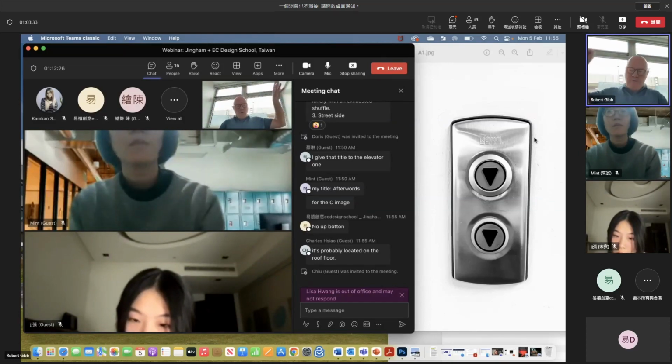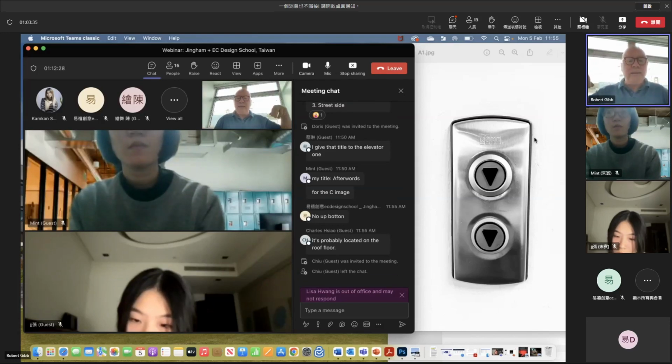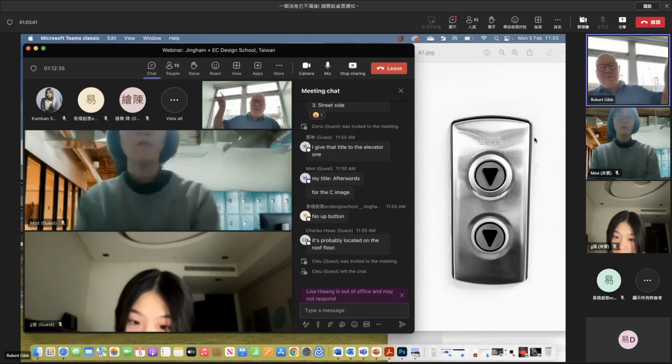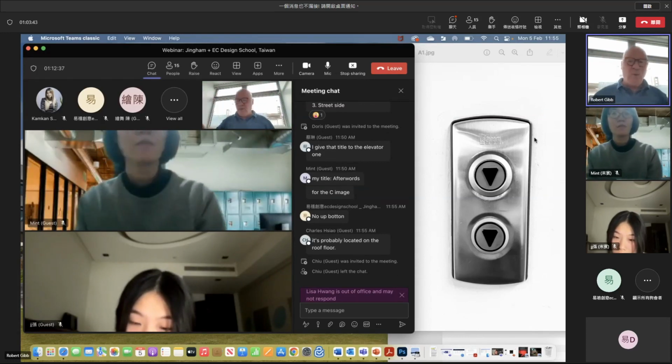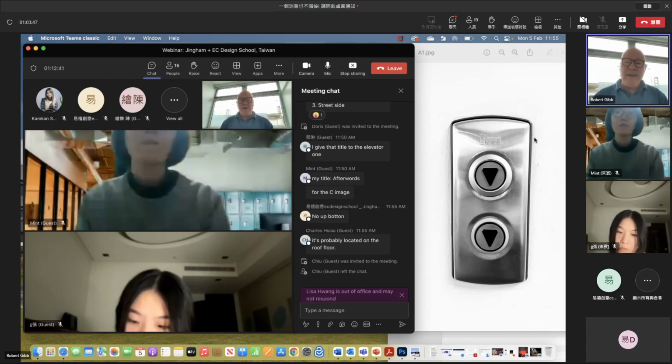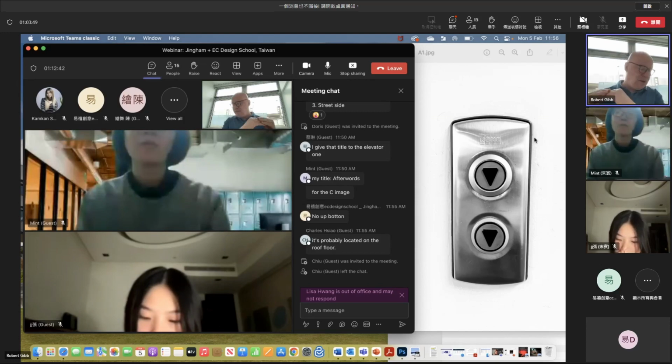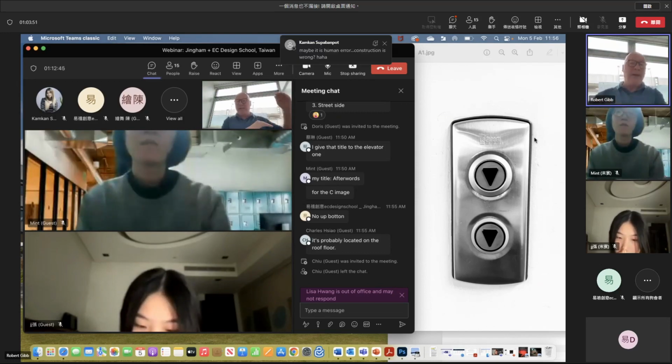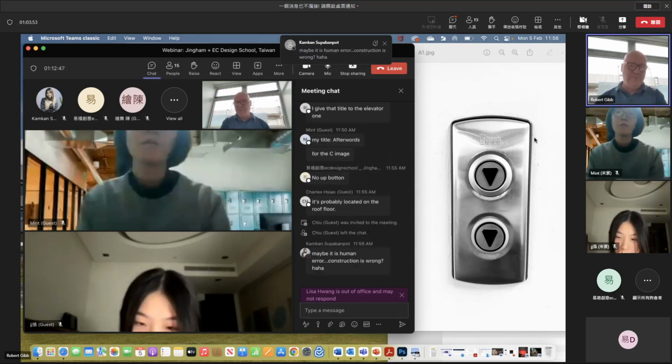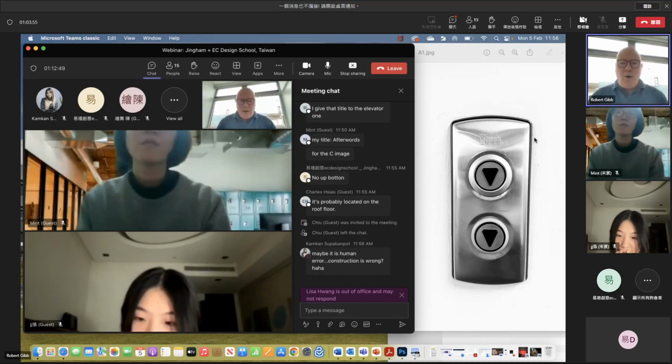So located on a roof floor. In our building, we have one of these buttons. This is it, okay? But it's not used on the roof. We have another roof button, which we are not allowed to use. So you could look at this and go, okay, is this a metaphor for going down, down, down, down, down? Or